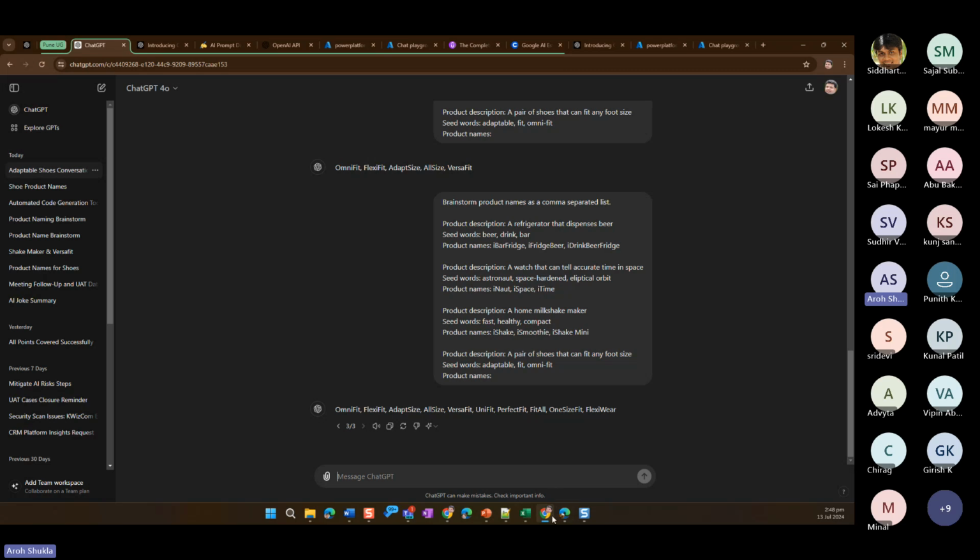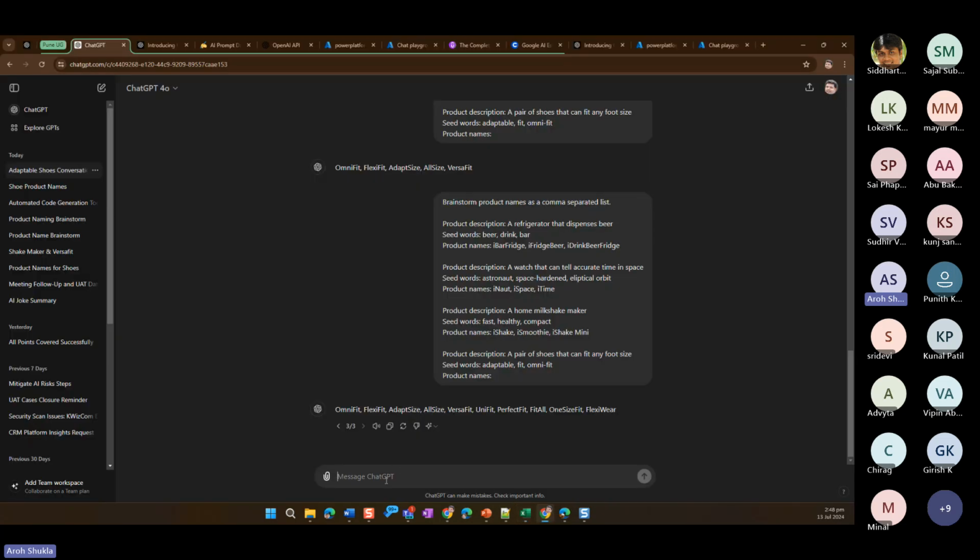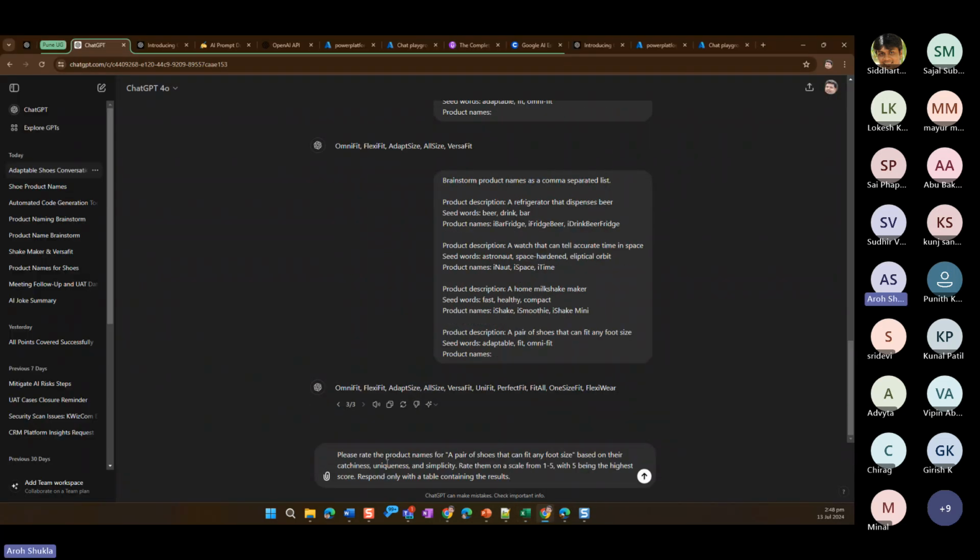Okay. And the last concept which I want to give you is divide and labor, where we split the task into multiple steps, right? So we can have one prompt, two prompts, three prompts with examples, and then later an entire chained method. If you see this, it's the big prompt which we developed previously. This is my fifth example: rate the examples with any foot size based on catchiness, uniqueness, simplicity, in a table format. When I click on that,